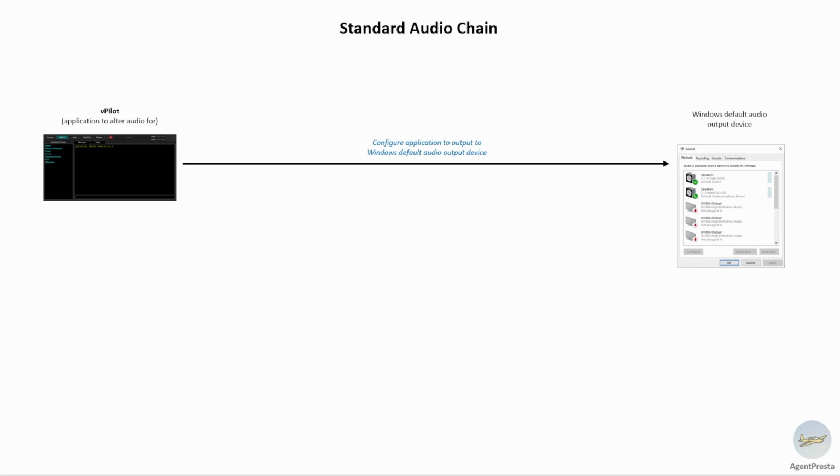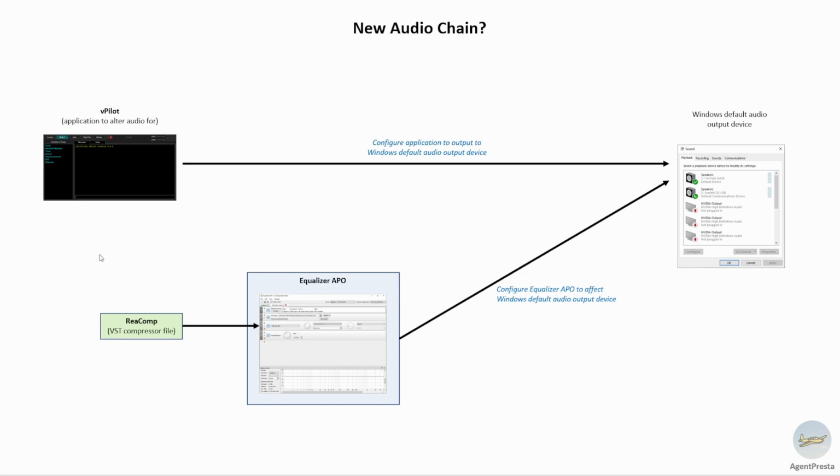What we're looking to do is interrupt that, and we want to throw our VST compressor into that chain somehow, so we can compress what's coming out of vPilot. What we can do is get a VST file, and this is the application I was referring to. It's called Equalizer APO. Equalizer APO allows us to apply VST files to one of these playback sources or output